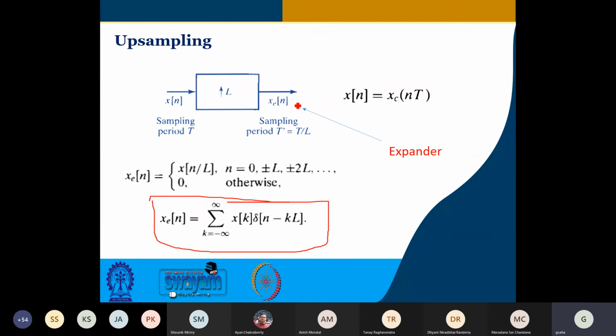Can I get an audio response that it is understood? Kaushiki, are you there today? Yes, sir, I'm here. Is it understood? Yes, sir, it's clear. Okay. So once we understand this, as I said, the rest is just